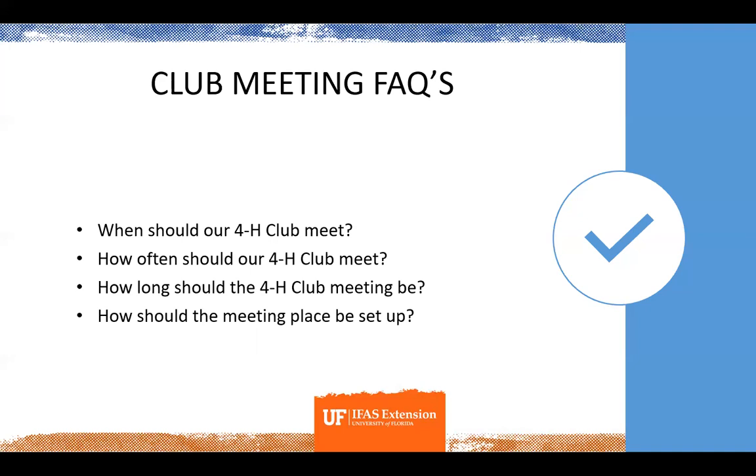How should the meeting be set up? You want your meeting place to make people feel welcome. It should be informal, casual, and friendly. Play around with using rows, circles, table groupings, or chair groupings. Use different setups to break up groups. Have a section for youth and a section for parents if you can. Your goal is to keep members active and involved and looking forward to the next meeting. Be sure to send reminders and let them know what's coming up along with any responsibilities that they may have.